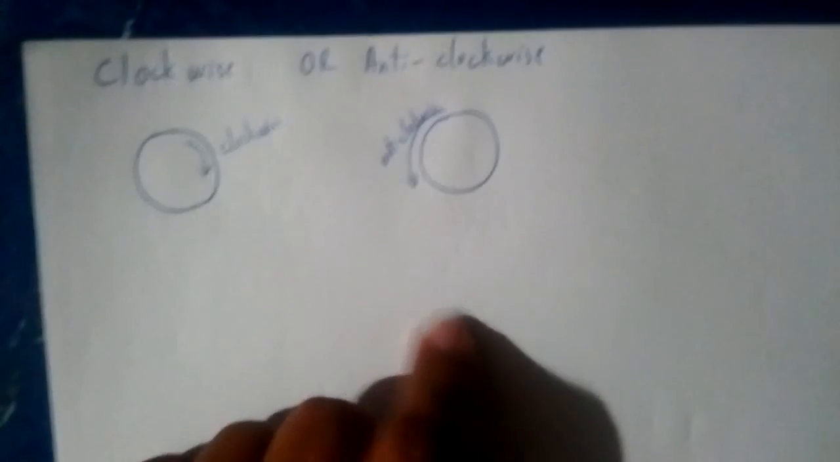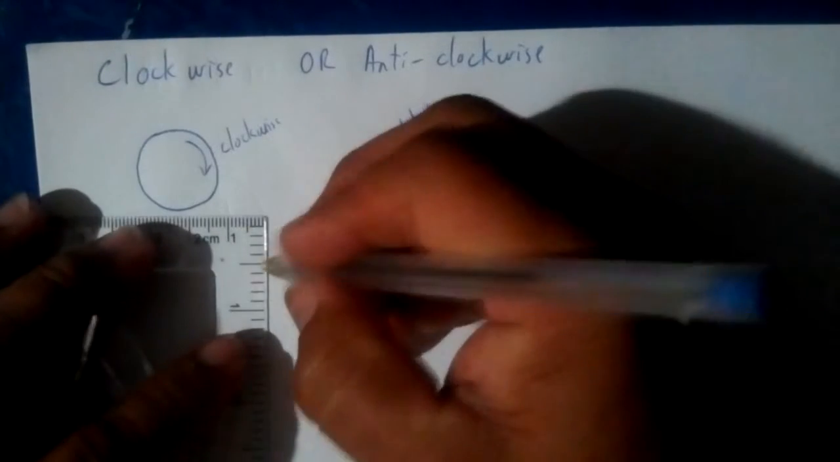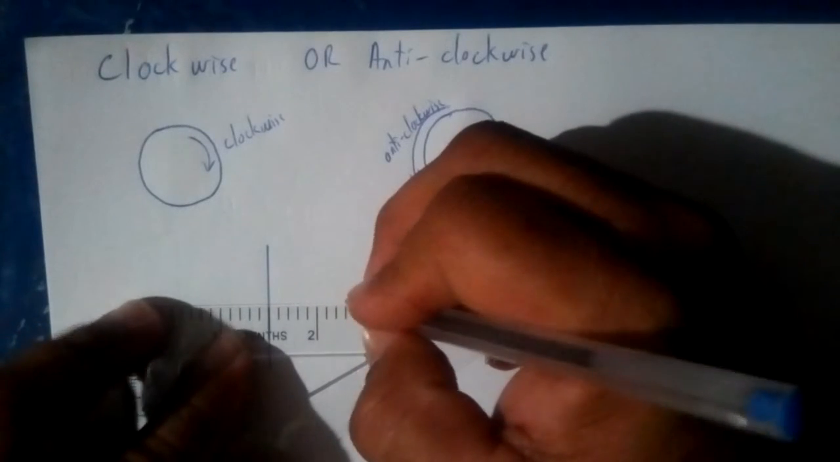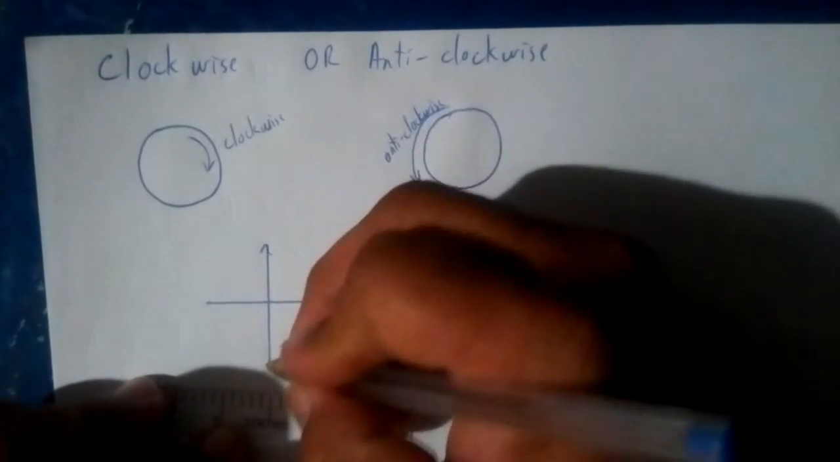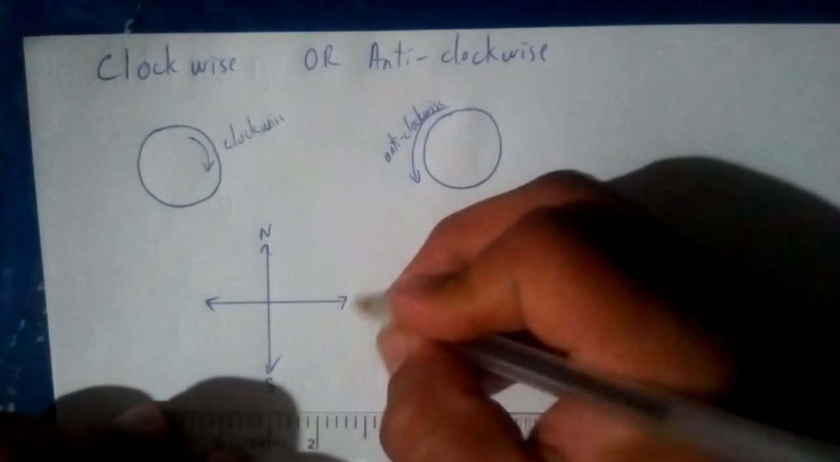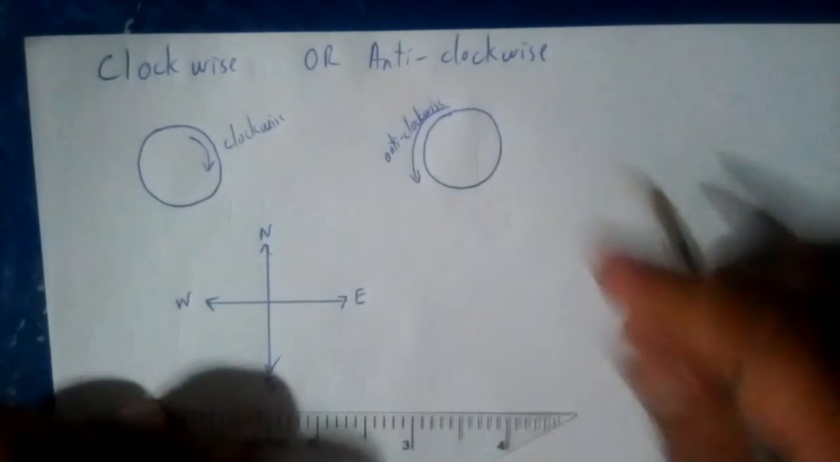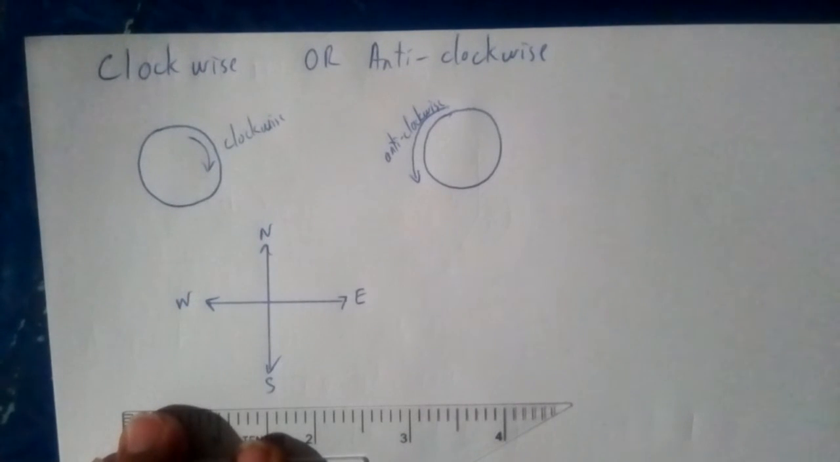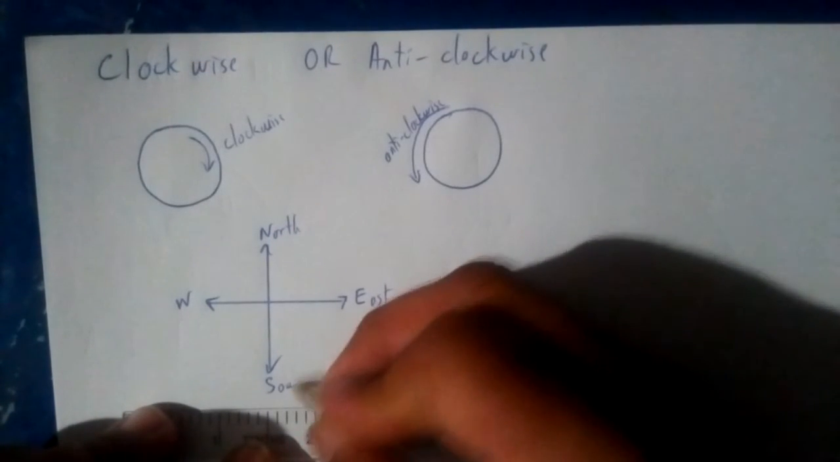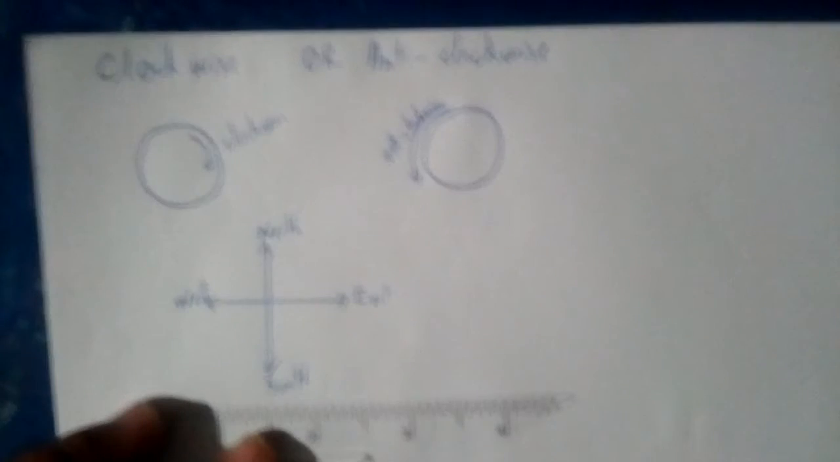There are four cardinal points that we need to understand. So these are our four cardinal points. We have here north, south, east, and west. Those are our four cardinal points. All right, so note here there are four cardinal points. So N is for north, east, south, and west. Okay, so those are the four cardinal points. Now